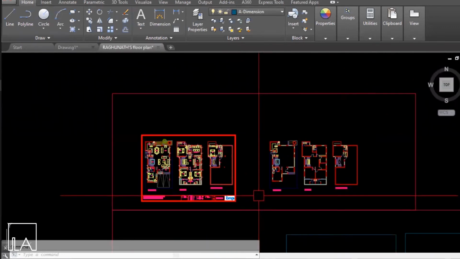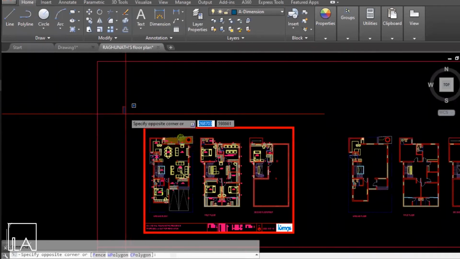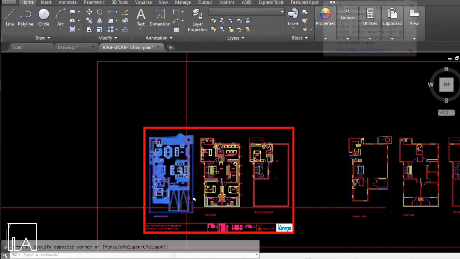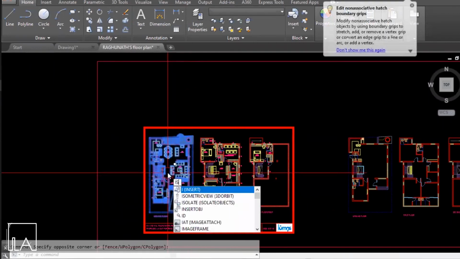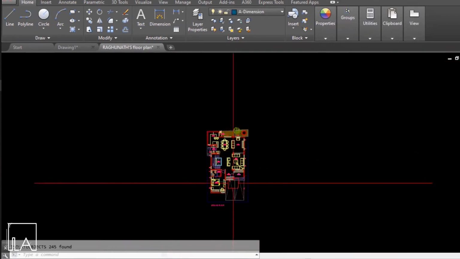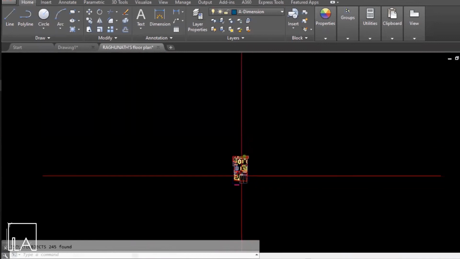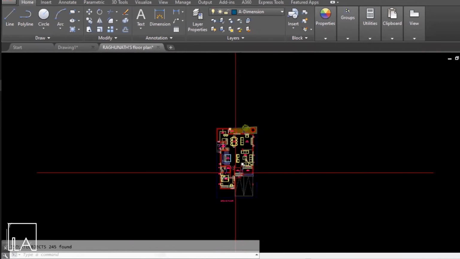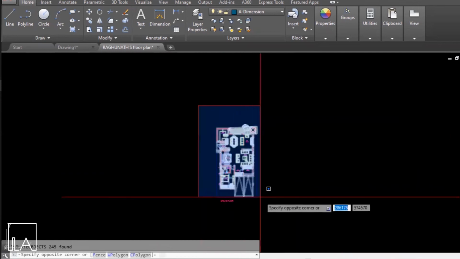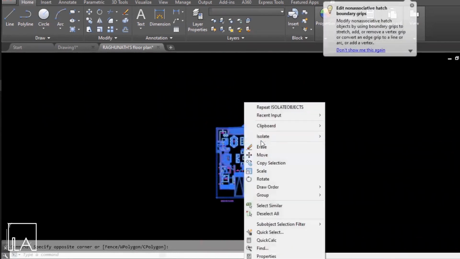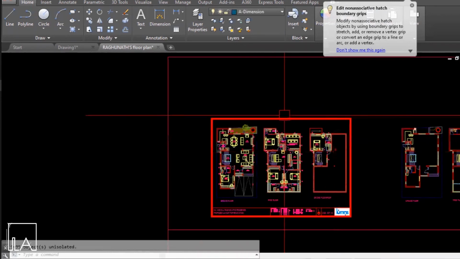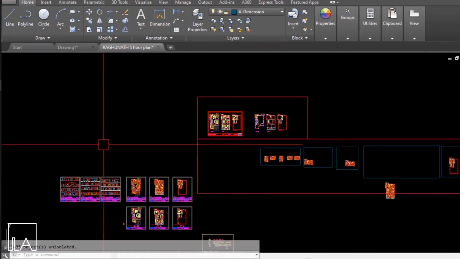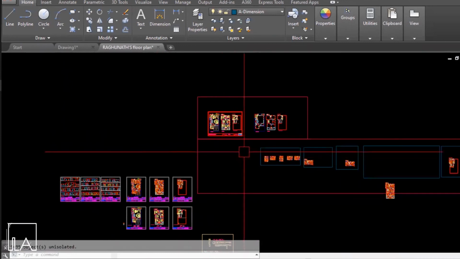The next command which we'll be seeing on AutoCAD is your isolate command. Select the object or select the plan which you want to isolate and then type in isolate and give enter. And now you can isolate the object you have selected and work on it. Now to end the isolation, you have to select the same object again, right click and you have your isolate option. Choose your end object isolation option and you can see that the other drawings will come back. So this is your isolate option in AutoCAD.